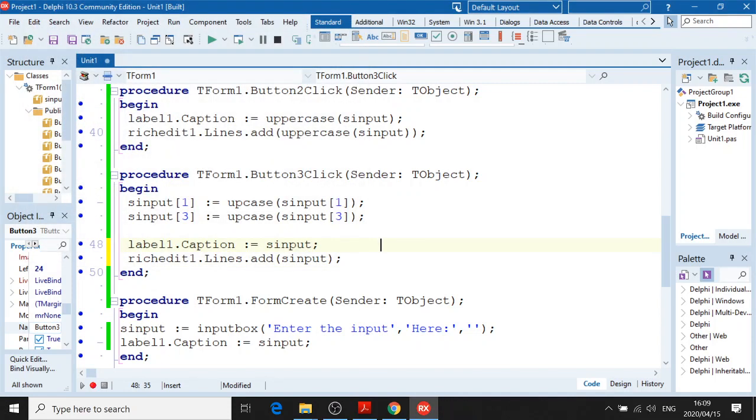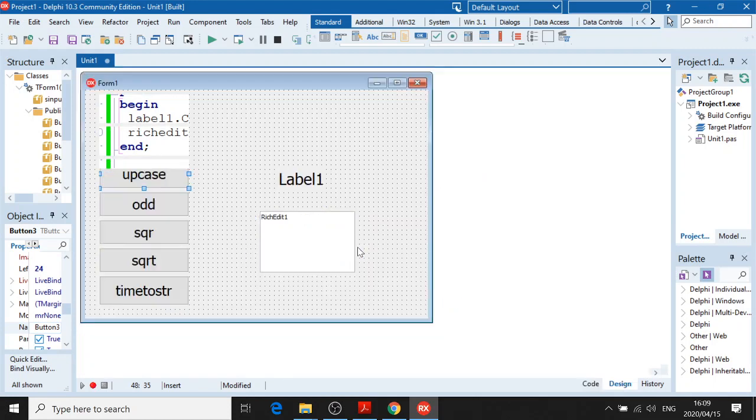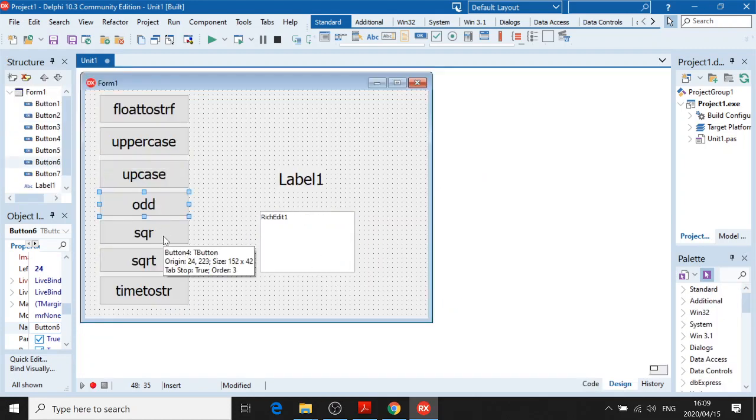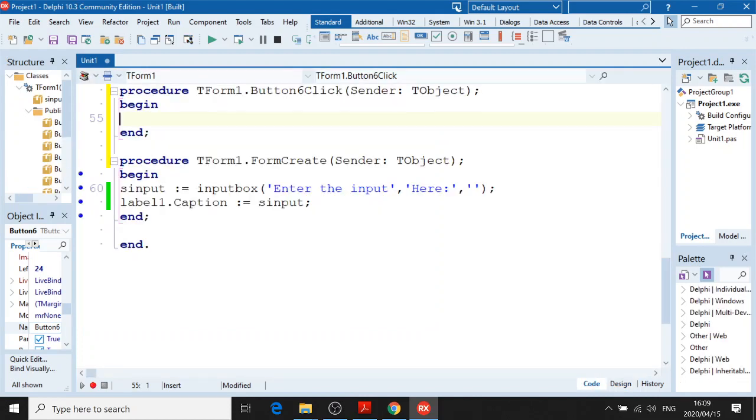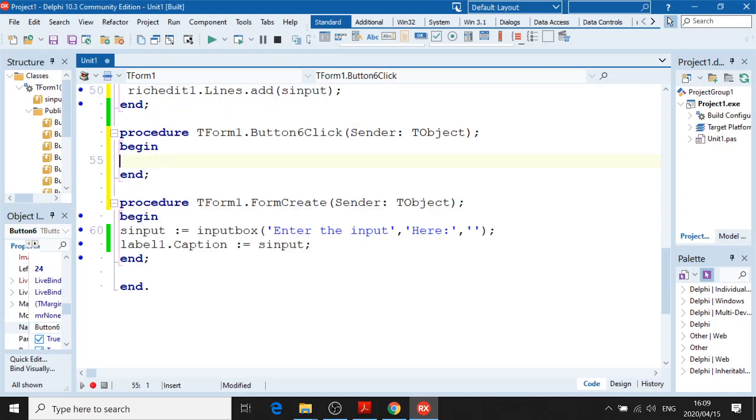Right, so now the next one. The next button is odd. So the person's going to type in a number and we're going to find out if it's odd or not. Well, that means we have to ask a question. If a number is odd, we will display not even. Okay, so we're going to use S input here. S input being the one from the input box, and we're going to convert it to a real number. But then we're going to have to use a real number variable. Or we can do the following. We can say if